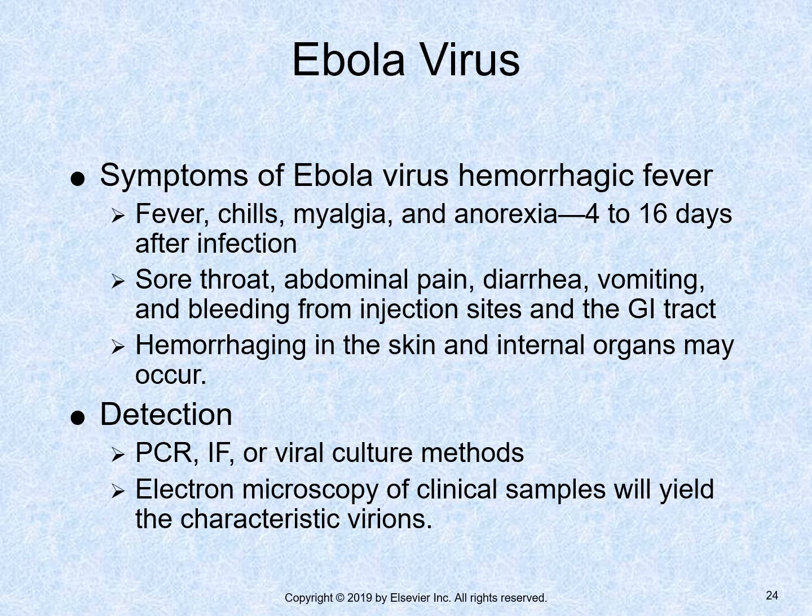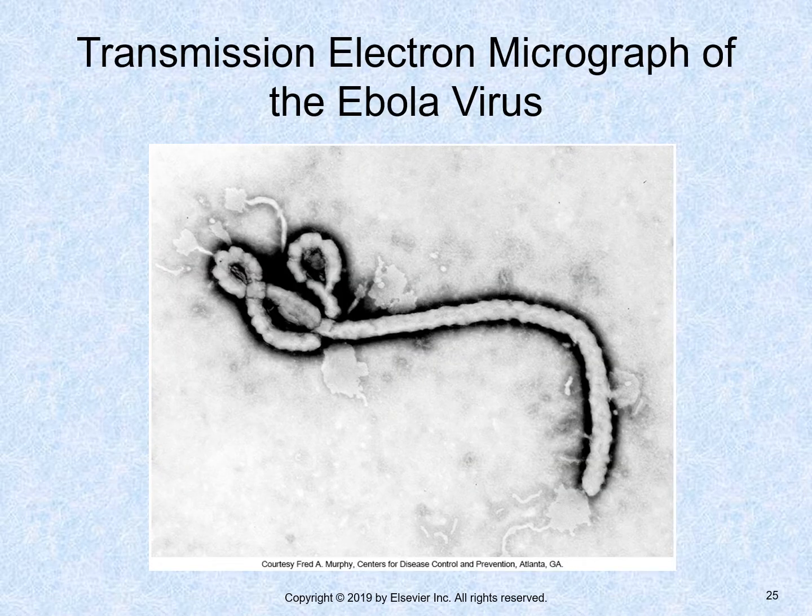Laboratory testing includes PCR, immunofluorescence, or viral culture methods. Electron microscopy can also be used and will yield the characteristic virions. This electron micrograph of the Ebola virus shows the characteristics of filoviruses. They appear thread-like in structure and helical with non-segmented, single-stranded RNA. They may also appear polymorphic and vary in length. Ebola virions specifically appear tubular, and they vary in shape and can appear as U-shapes.